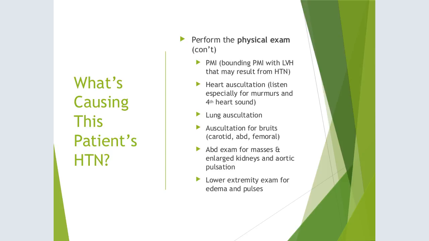And then also, after you auscultate that abdominal wall, you also want to go back and palpate for the abdominal aortic aneurysm. Okay, the femoral arteries. Listen for bruits there as well. It'll be indicative of renal artery stenosis. Okay, are the kidneys enlarged? You may not be able to feel that on most patients unless they're pretty thin. The aortic pulsation, you may be able to see it if they're thin, as well as feel it. Even with a somewhat obese patient, if it's an aneurysm big enough, you can feel the aortic pulse, okay.